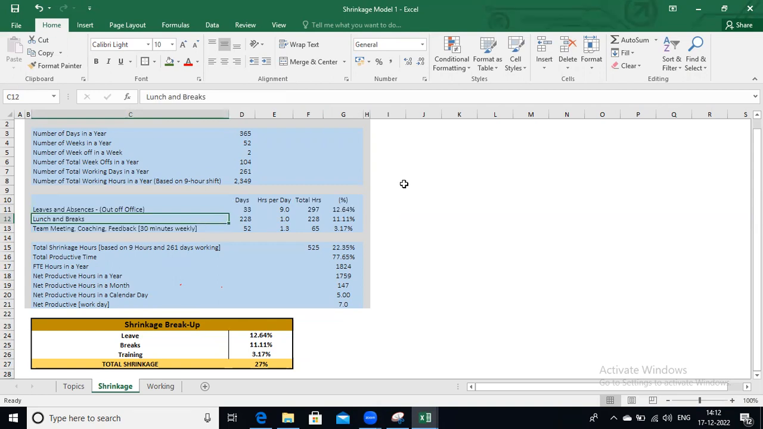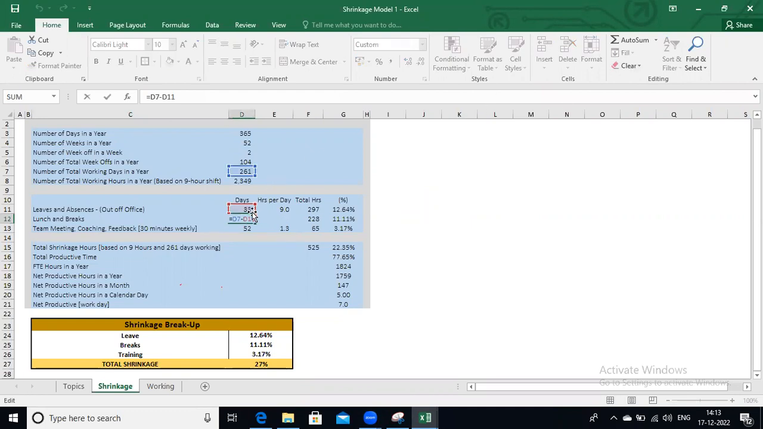So in office shrinkage, we have lunch and break, and meeting, coaching, feedback, all. Okay. So we have lunch and break of 1 hour taken. So if we divide 33 days from 261, we get 228 days remaining. So in all these days,